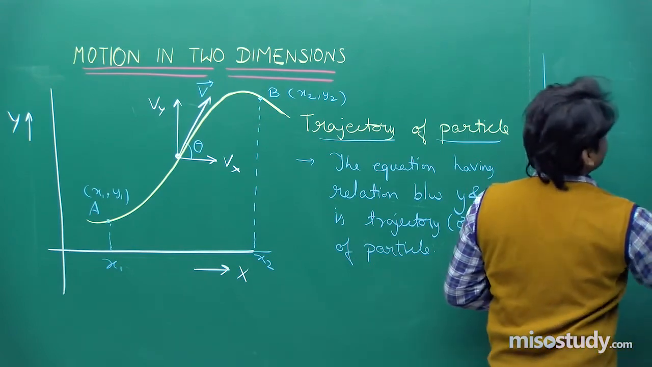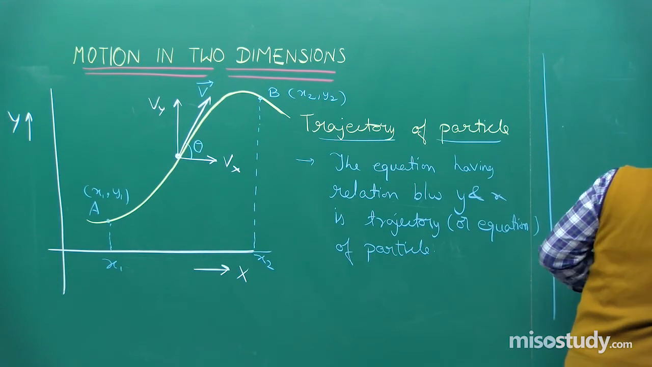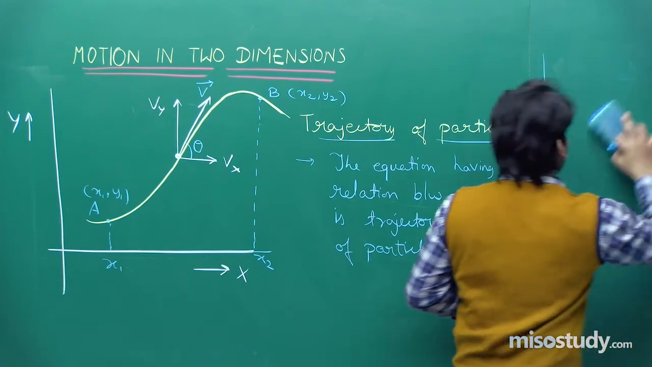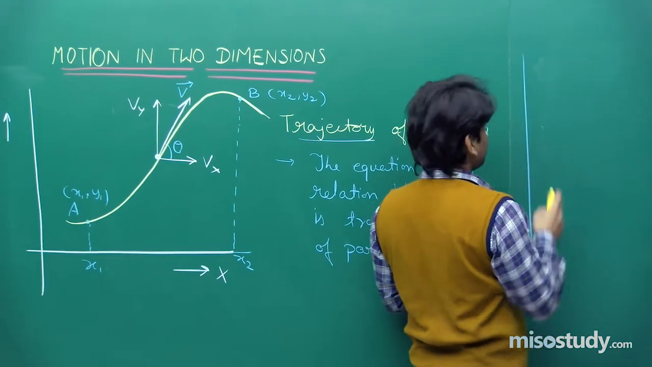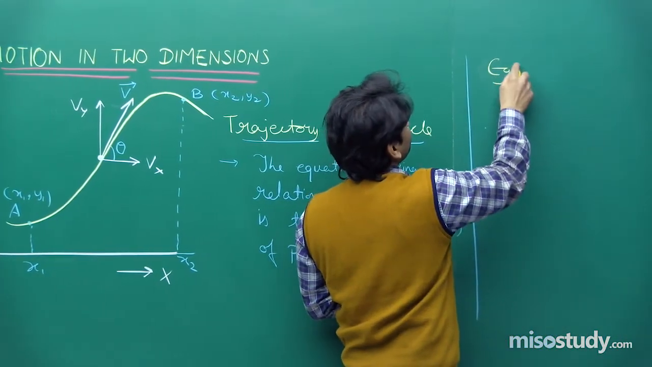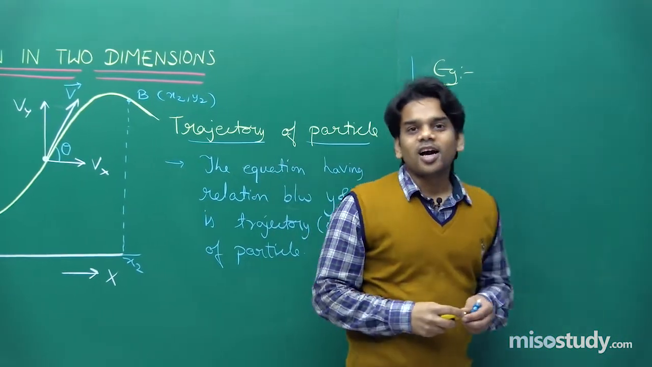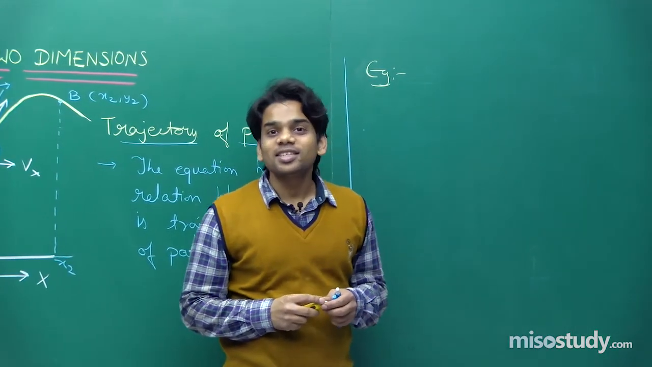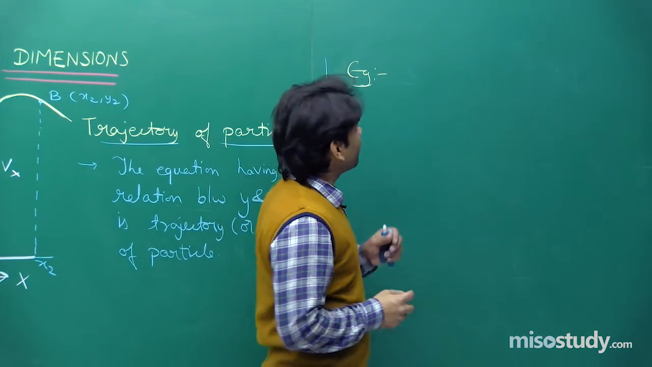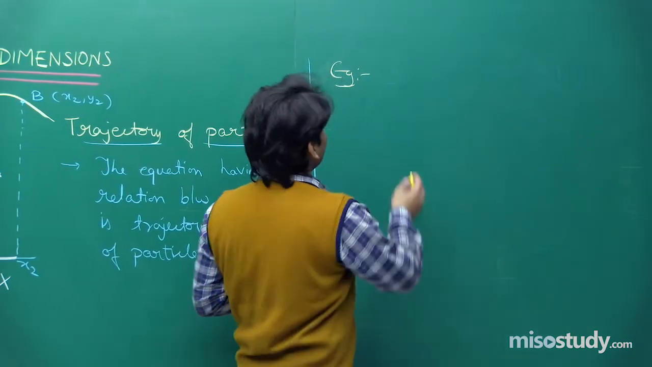Let's come to the example showing the relation between x and y, and let us find the direction of the particle. Let us do an example to understand the concept that we have just done. Let us say a particle is moving in space, along the x direction and y direction, such that the velocity along the x direction is given as